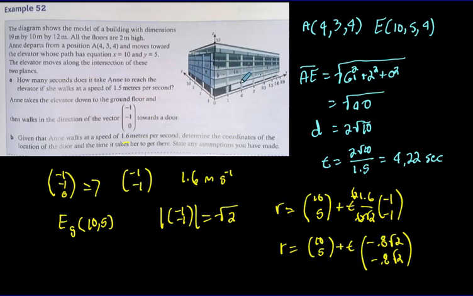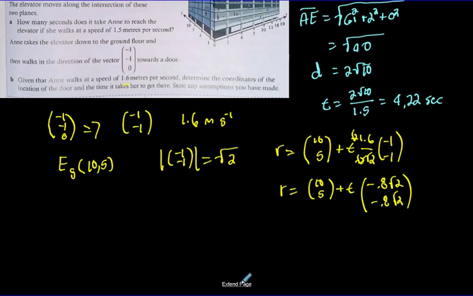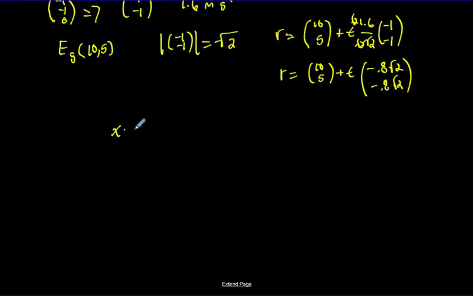If you look at the graph, she's on the ground floor. She's either going to walk towards x, where x is going to be equal to 0, or she's going to end up somewhere over here. It's a little hard to tell exactly from the graph, but we know one of two things is going to happen: either x is going to be equal to 0, or y is equal to 0. In the situation where x equals 0, if you wanted to write it out as a parametric equation, you could, but I know that 10 minus 0.8 root 2 t is going to be equal to